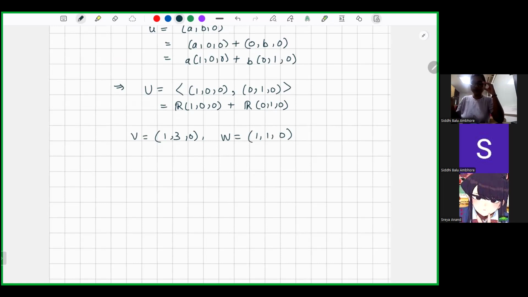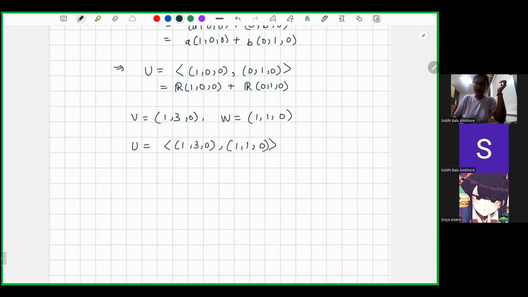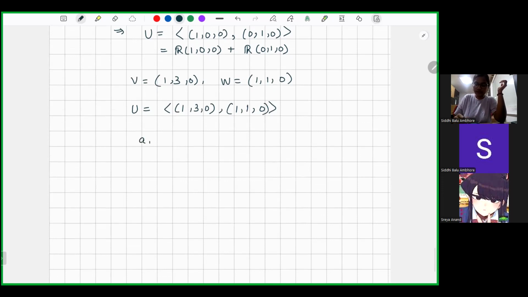Not anything would work other than 1 and 3. Anything which is not a multiple of 1 and 3 with third coordinate 0 would work. So we can check that this actually generates my U. For example, if I take any (a, b, 0) from U, and I want to find some p and q here,